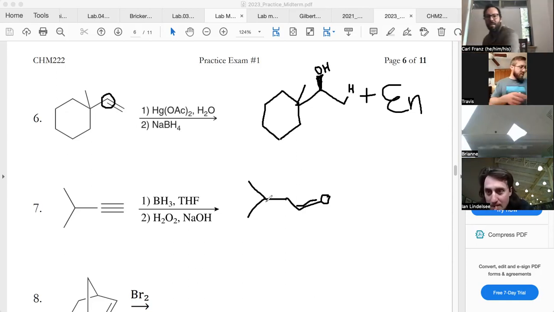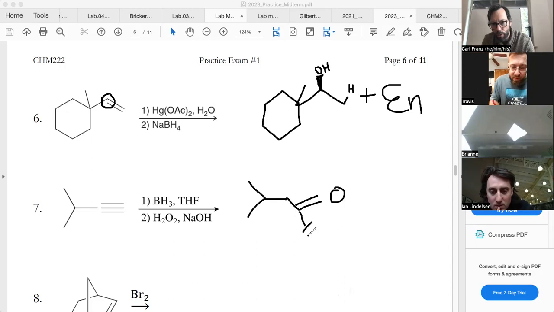I'm saying all this instead of writing it all because, for one, this problem doesn't require that. And for two, one of the mechanisms involves this process. So we'll visit it there, although it's not as complicated because it's using a different form of boron. And as Ian said, if we drew the H there, we know aldehyde. And notice it's on the less substituted carbon, right? The ketone you'll know is formed if it's Markovnikov, effectively. Exactly.